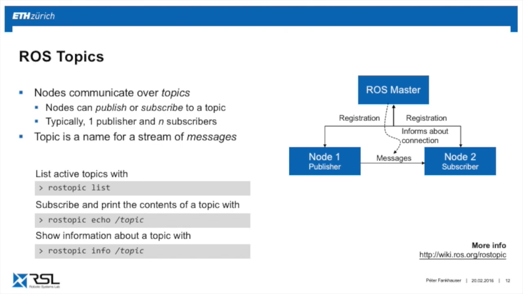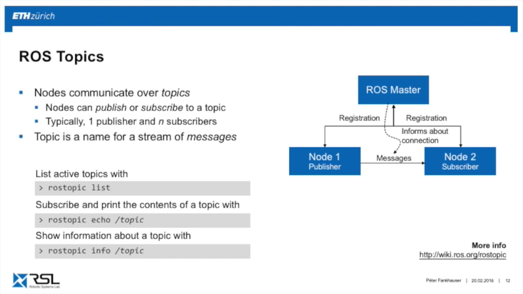How do nodes communicate with each other? They do it through ROS topics. One node can publish and subscribe to a topic. Essentially, a topic is a stream of messages that are transferred between the nodes. So in this example, once nodes 1 and 2 have registered with the ROS master, the node 1 can